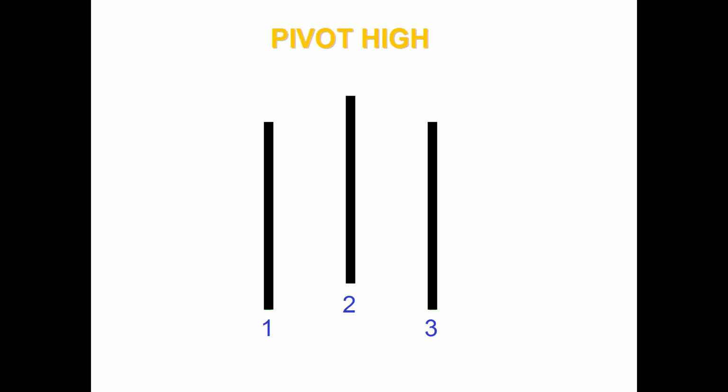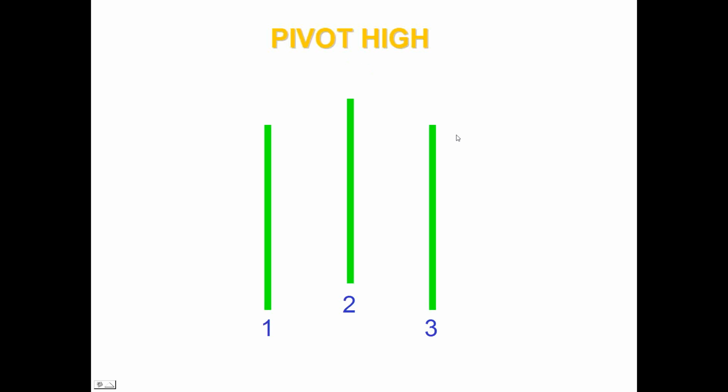So you kind of create this kind of arrowhead approach, as you can see right here, going higher and then lower, okay? What you want to see is once you apply the PET-D, you want to see all 3 of these colored green, each and every one. And once you see that, your buy setup is to go long once we trade 1 tick above. It doesn't have to close there, but on the bars to follow, once we trade above this high here, that's your setup to go long.